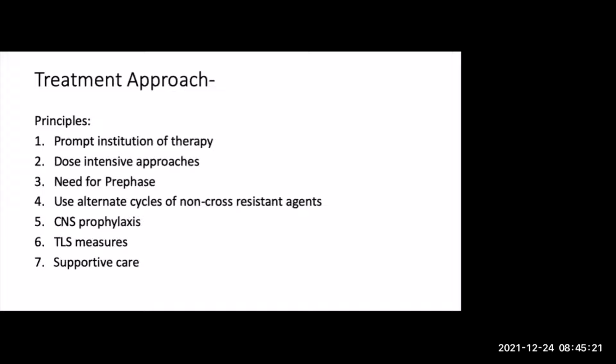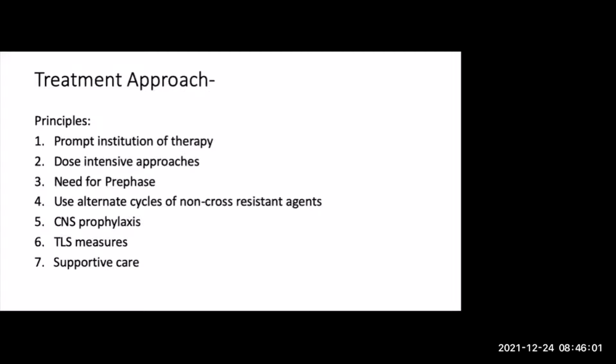So there are several key principles that are common to the protocols used in Burkitt's lymphoma. In this slide, we have summarized the principles. Prompt institution of therapy is important in Burkitt's lymphoma. As soon as the patient comes to the OPD, whenever the diagnosis is suspected, it has to be made as soon as possible, and therapy like pre-phase should be started. Intensive approaches and alternate cycles of non-cross-resistant agents are the principles of the protocols, which we will see in